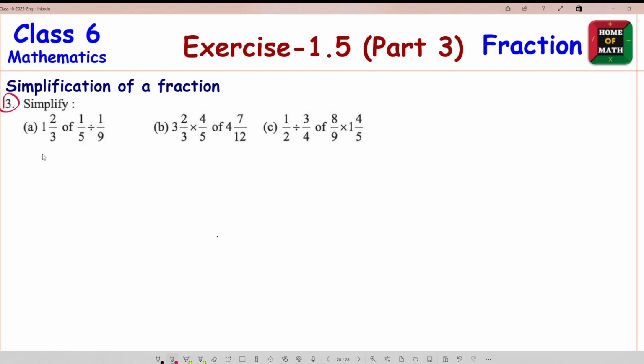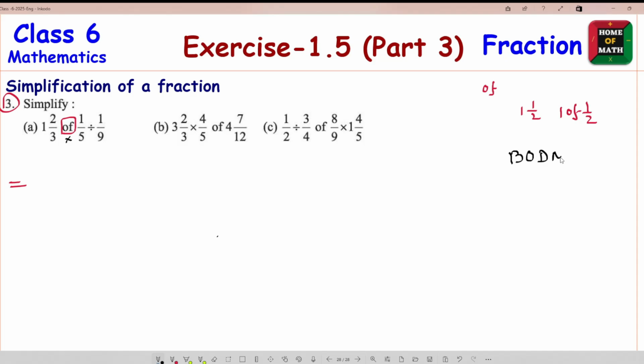Let's start. Number A, we can write here 1 2 by 3 of 1 by 5 divide 1 by 9. Look, here is the sign of. Here it is acting like a multiplication. Of means, suppose 1 by 2, it means 1 of 1 by 2. So it acts as a multiplication, but its power is more than division, because as per